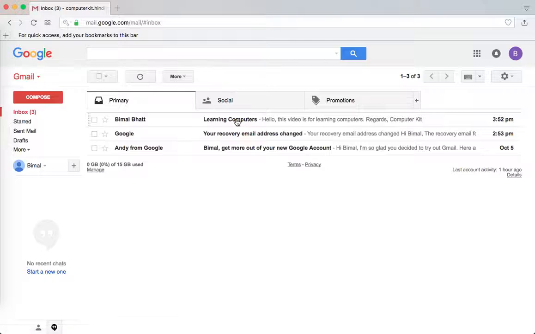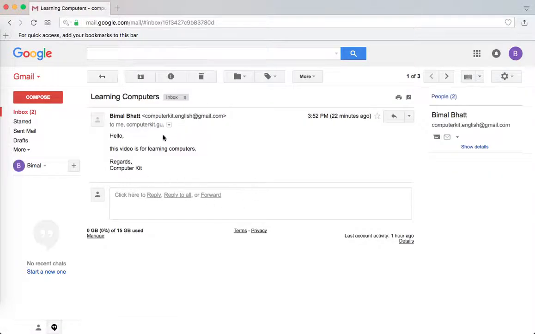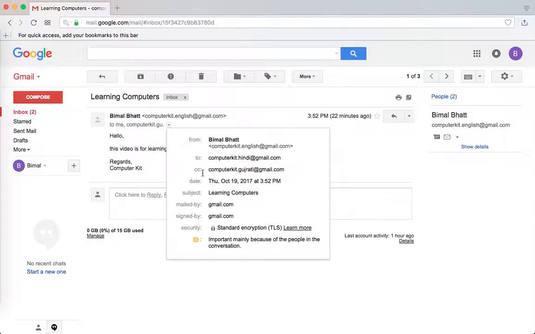The same email has come here. The moment I click here, the same arrow is here. You can click on this show details. Now here you can see only the To ID and the CC ID are visible. The BCC which was visible to computerkit.english is not visible here.